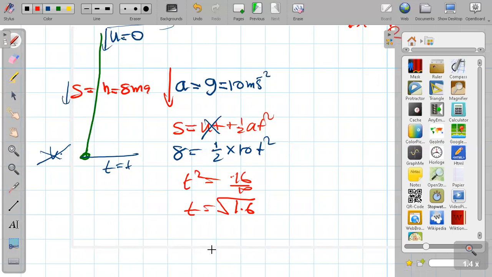Okay, I think you can just leave it like that. You don't need to spend much time working out the value. It comes to nearly 1.26, right? But just leave it, this answer is enough. 1.26 seconds.